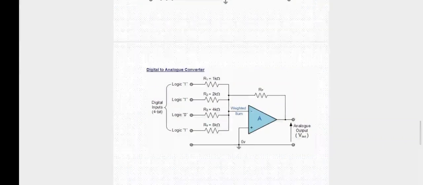So far we discussed inverting and non-inverting amplifiers, where only one voltage source is connected, either in inverting mode or non-inverting mode. That means the positive terminal is connected with a single supply voltage, or the negative terminal is. No two supplies are given to the two terminals. If you go for a differential amplifier, the inverting as well as the non-inverting terminals are connected with two different voltage sources. That's what is called the differential amplifier.